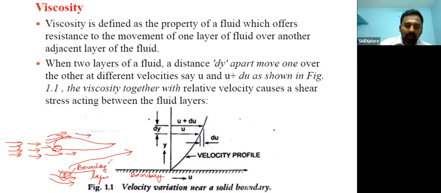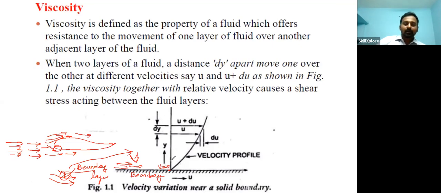If a flowing fluid which is having a velocity v is flowing over a boundary, that is, flowing over a surface, then due to the friction between the flowing fluid and the surface, it will lose its velocity, it will lose its momentum. The flowing fluid loses its momentum. Momentum loss means it will obviously lose its velocity. So the velocity at the boundary, at the surface, is nearly zero.